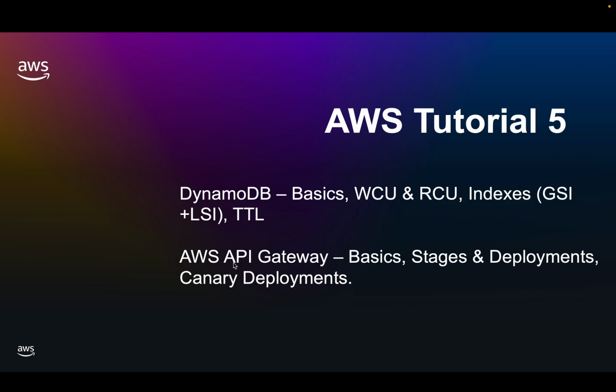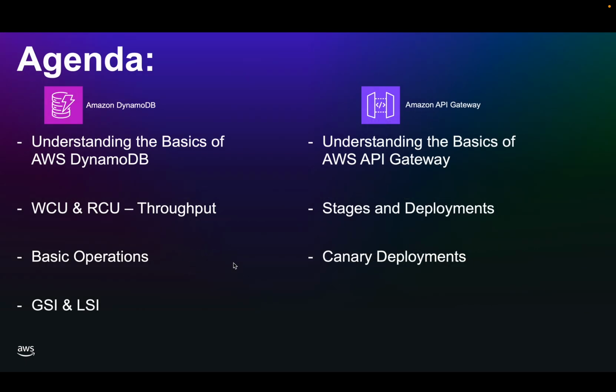And after that we will learn about AWS API Gateway. First we will go through the architectural diagrams to understand what AWS API Gateway is. Then we can start learning about stages and deployments. Then we will go through canary deployments. Yeah, let's get started. So now if we go to the agenda, these are the topics that we are